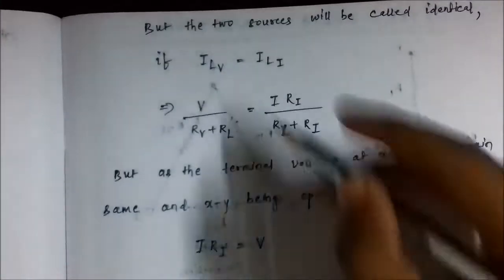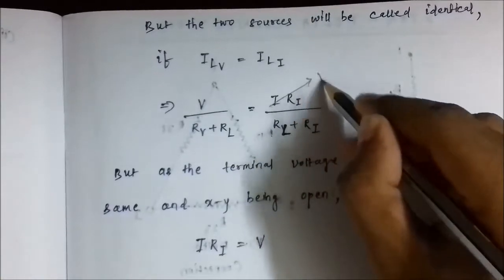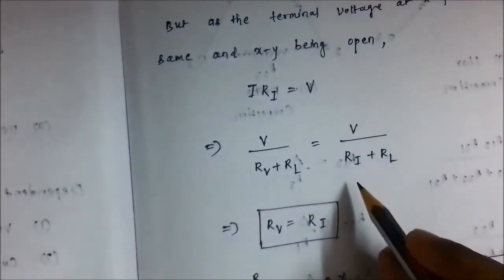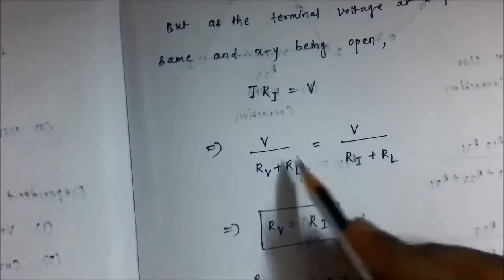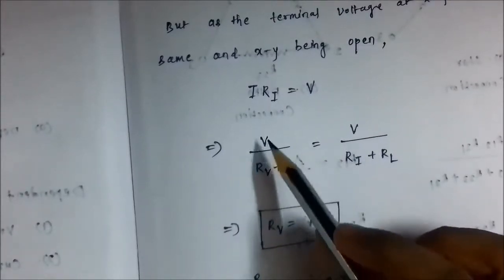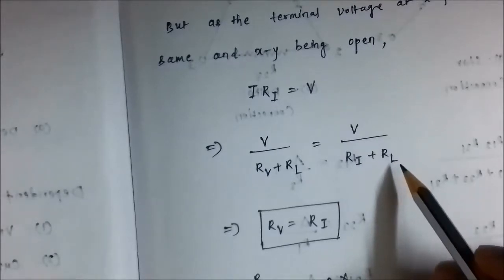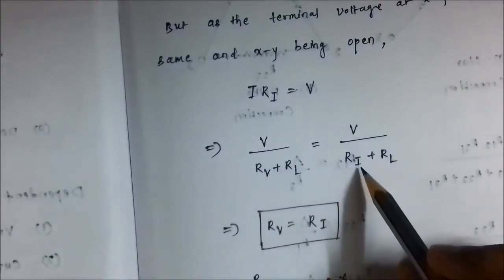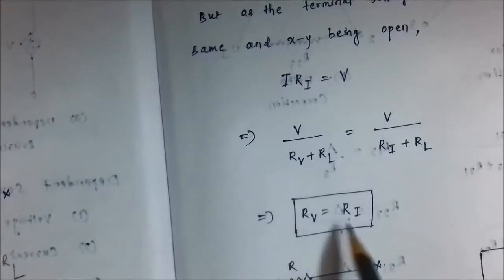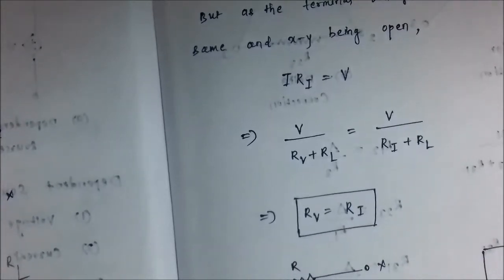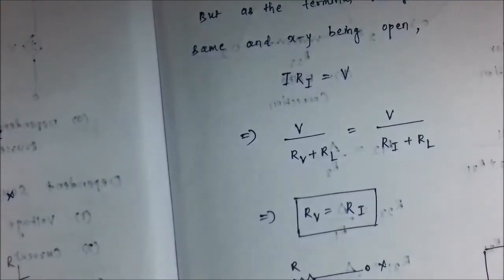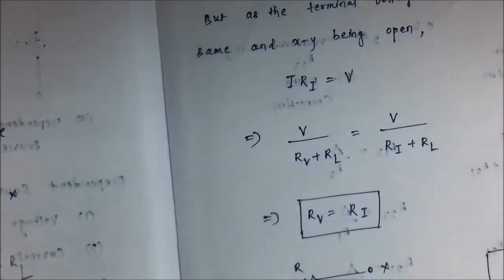So by substituting I into Ri with V, we get V by RV plus RL is equal to V by Ri plus RL. So all the terms are equal here: V, RL, V and RL. The only different terms are RV and Ri. So the internal impedances of the two sources, that is the practical voltage source and the practical current source, are